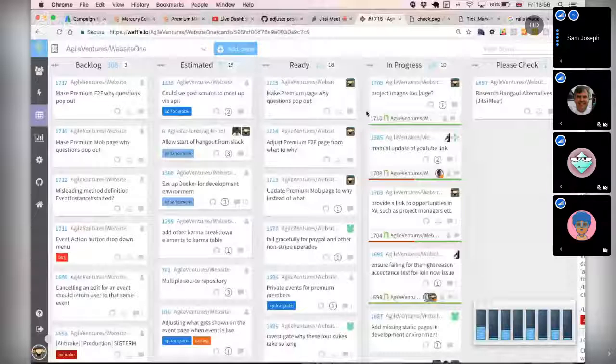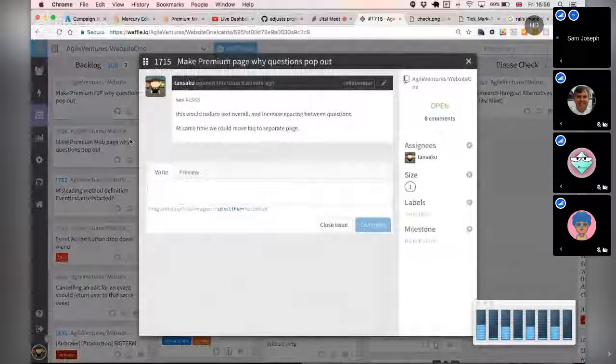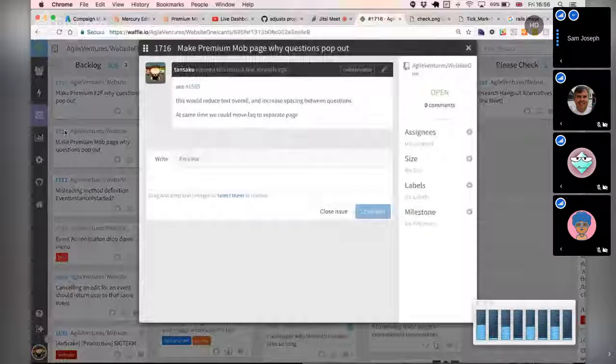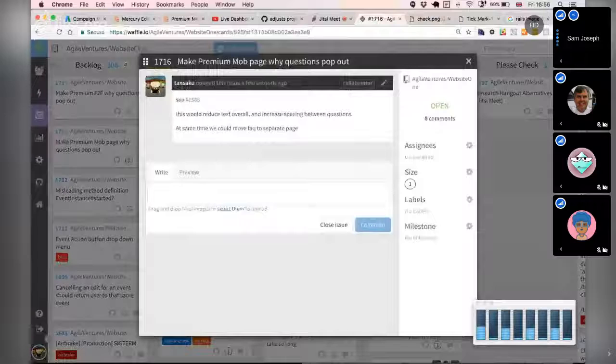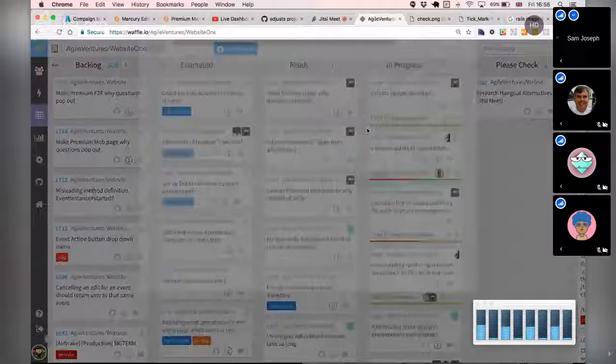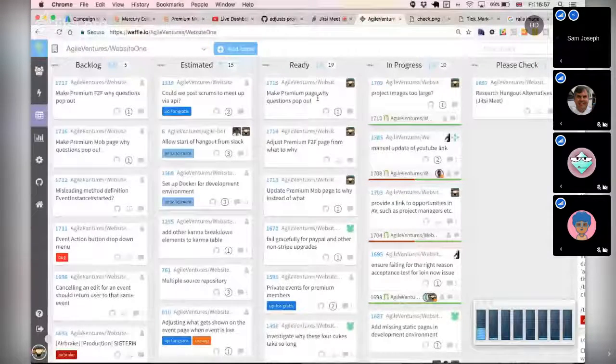I mean, we've got the other longer term question about whether we should be trying to make these pages, because we get into all sorts of weird, strange situations with trying to edit them in the Mercury editor, but here we go. I mean, the big thing is, of course, can we through any of these changes just increase the chances that people will actually sign up for premium? But there we go. Okay.